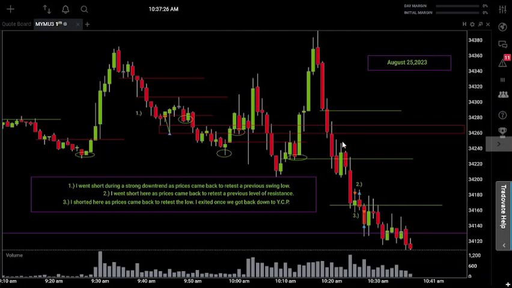So I'm seeing all of these levels of resistance get hit, and I'm like, okay, I see what the market is doing. I need to find a way to participate at one of these lows, because that's what I'm looking for. I'm looking for prices to come back, retest the previous low, which should act as resistance, and then as soon as I see prices move away, that's when I want to get in for the short trades. So I'm just patiently waiting as prices are moving and moving. We see this large candle to the downside.